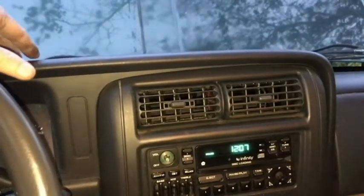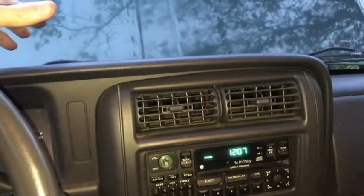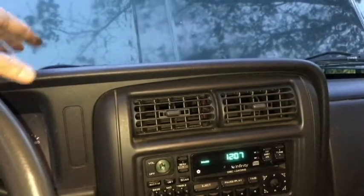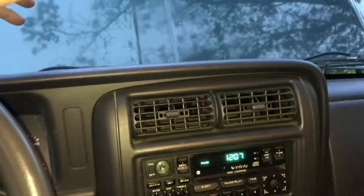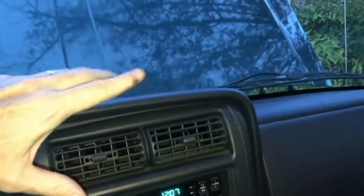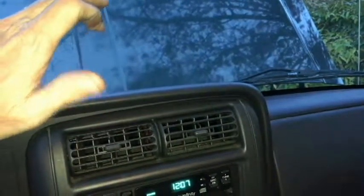It's pretty nice because it's starting to get cold here, but we don't have a whole lot of cold months here, and so I pretty much live with getting most of my heat out of the defrost vent here at the windshield, which has always worked for me. But these vents were pretty much completely dead. Now that I've hooked it up,